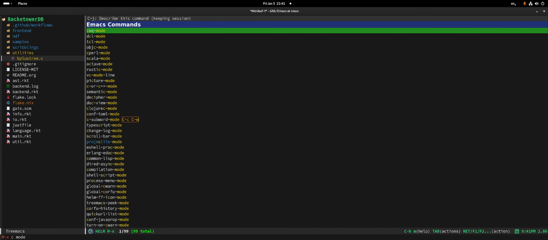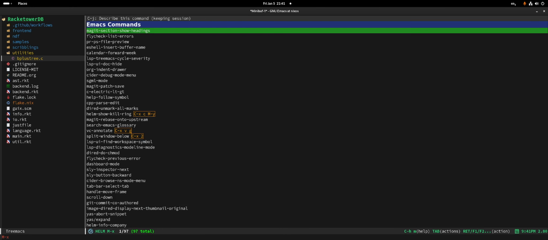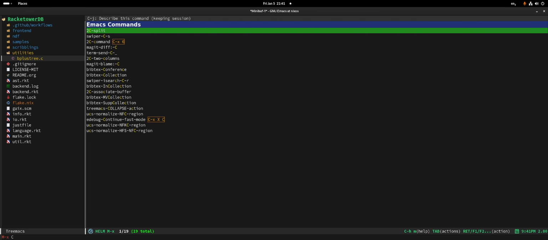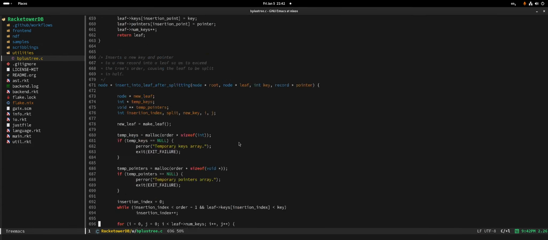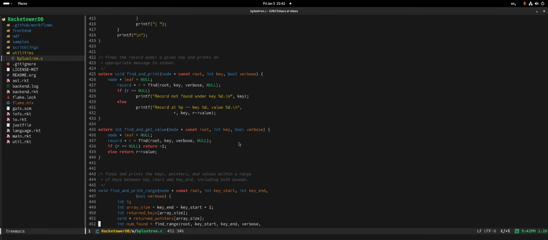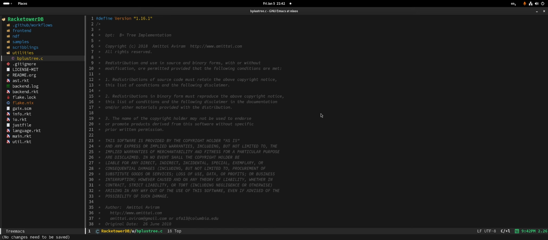Probably not. Do I have C mode? Simple C. I don't have C mode. Oh, okay. Can I package install? By the way, I'm pretty sure I mentioned this on another occasion, but just FYI, Clang comes with an LSP for C and C++, and maybe Objective C as well. I'm not sure.